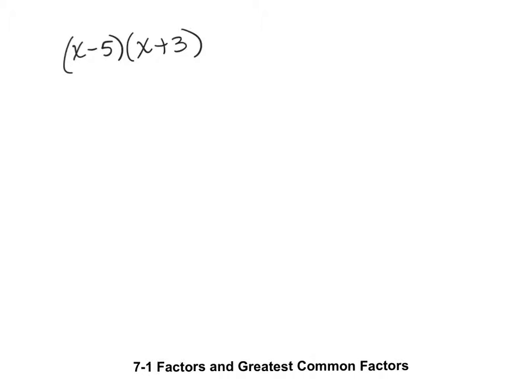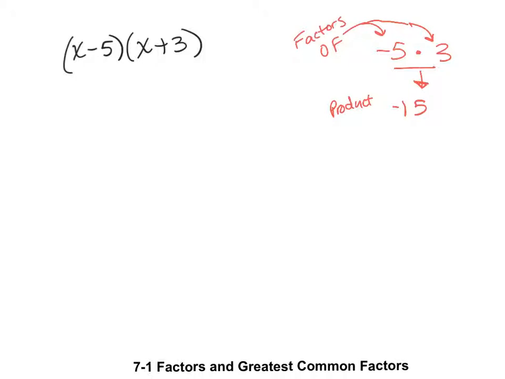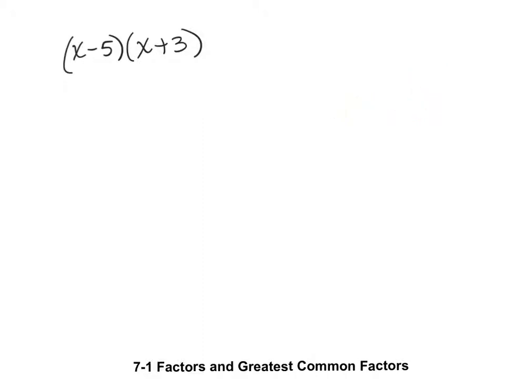So taking this a little bit aside, pausing that, if I was to say, for example, negative 5 times 3, negative 5 times 3 gives you the product of negative 15. Negative 5 and 3 are both considered, vocabulary word, factors of negative 15. So, similarly to numerical expressions such as that, if we go back to the example